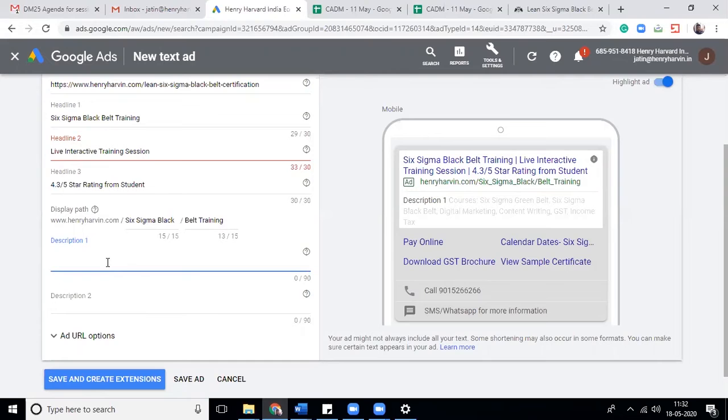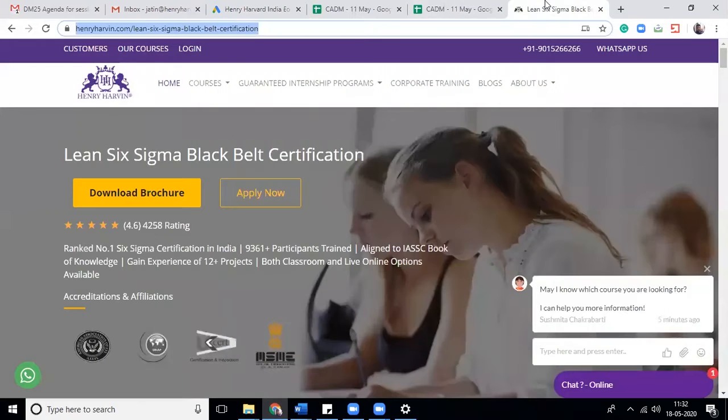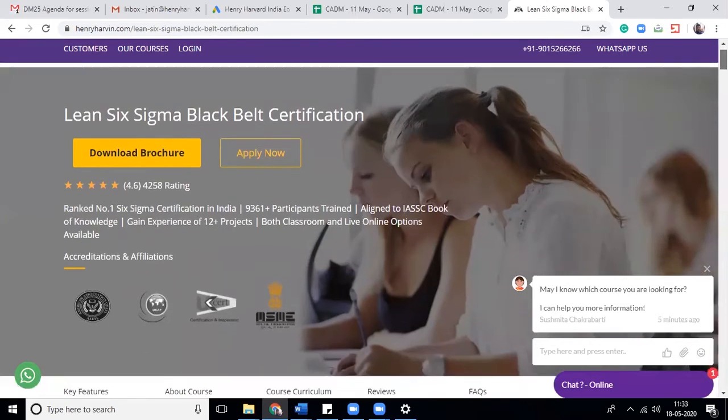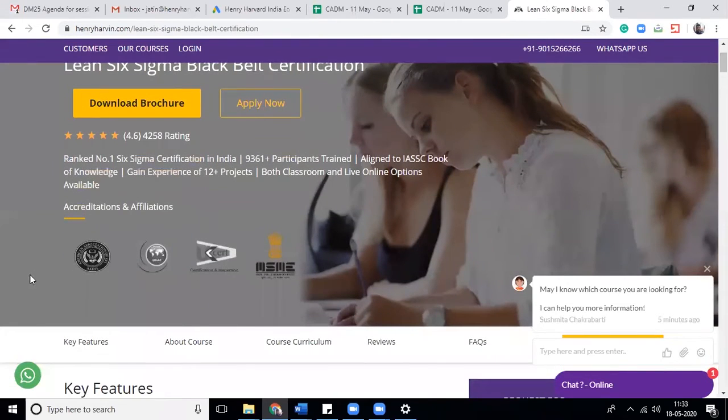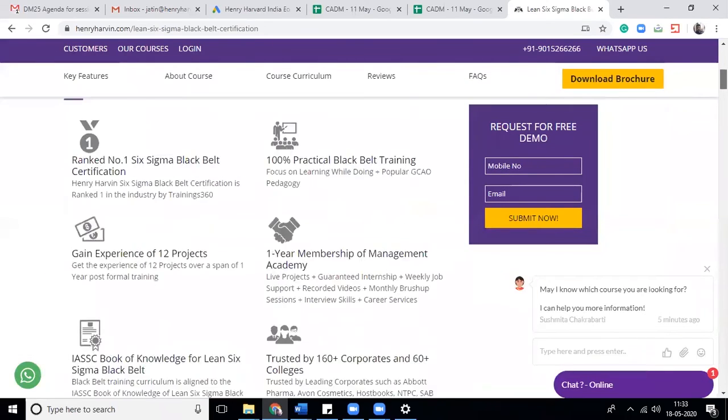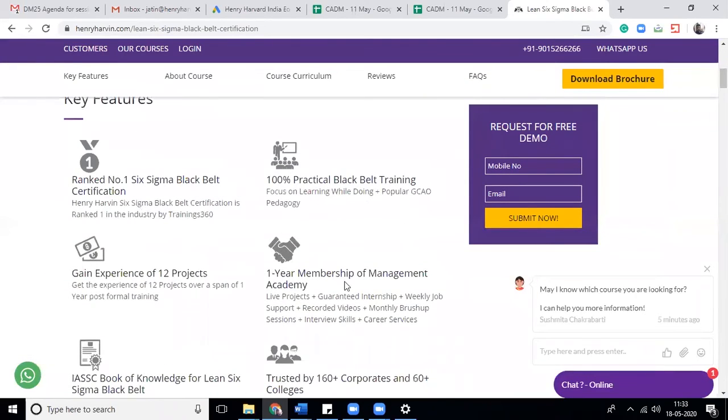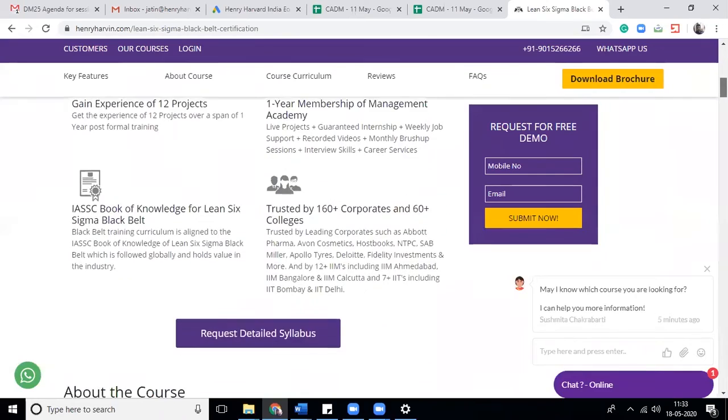Okay, different products have different features, like ranked number one Six Sigma certification in India, participated by these people, aligned to the book of knowledge, gain experience of 12 projects, both classroom and online training, affiliated to different organizations, or rank number one, these five different points.